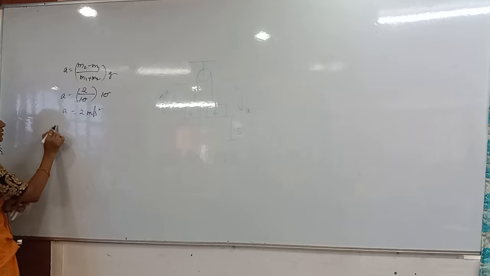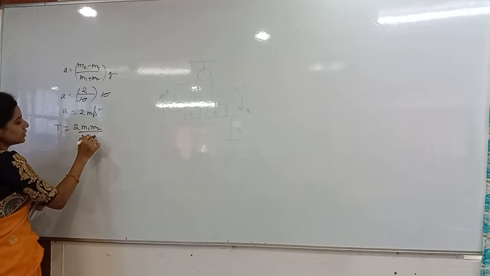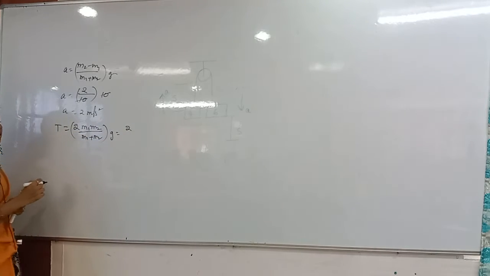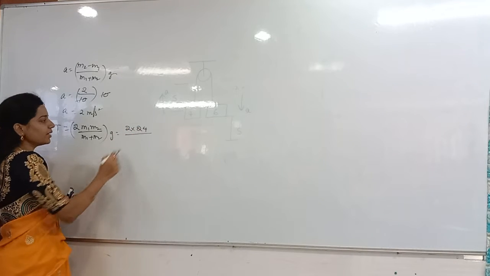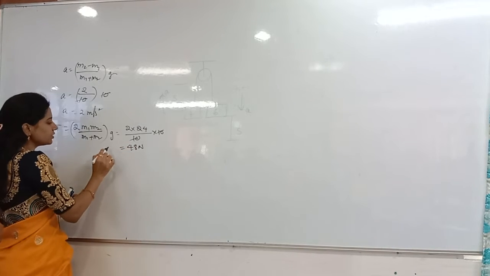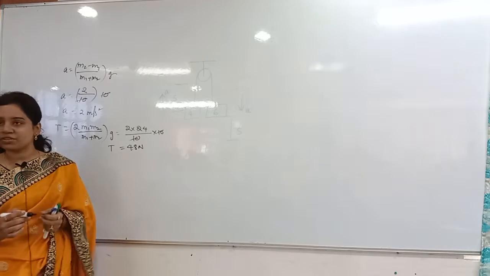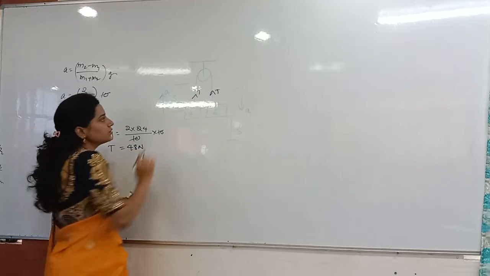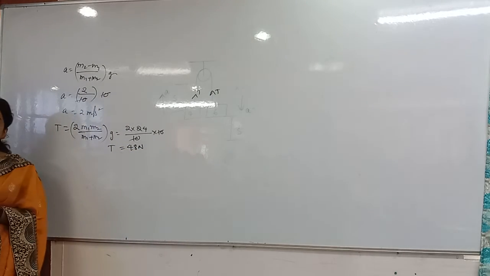What about the tension? Tension T is equal to 2 m1 m2 by m1 plus m2 into g. Then 2 into what is the product of the masses here? 24. That divided by 10 and then into 10. Then what will we get here? 48 newtons is the tension. Same tension or different tensions? Same tension. Why? Because we have the same string. So the tension is the same, that is 48 newtons. Now I got the tension, I got the acceleration, okay. But I have to find out the work done, nothing but what do I have to get?